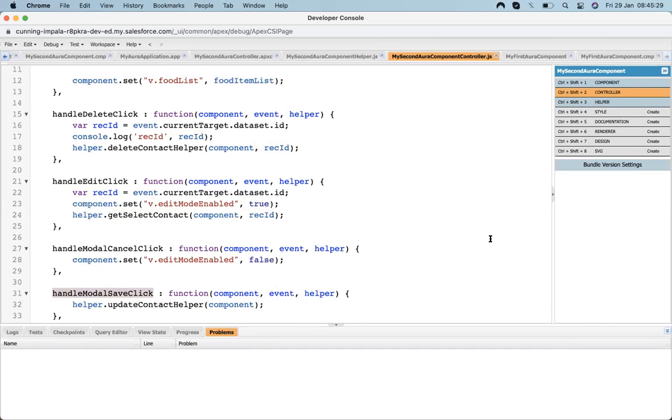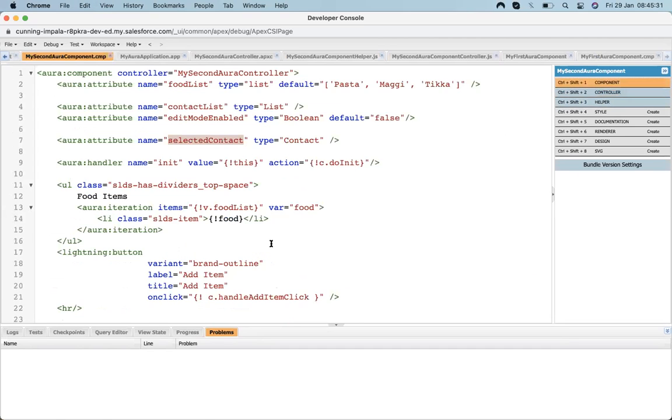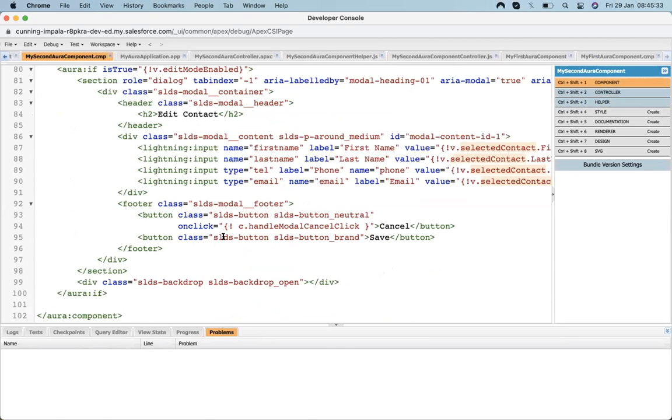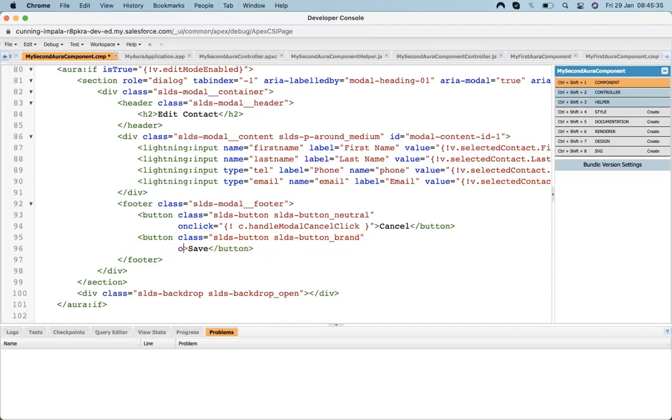Now I need to bind this method. So let's bind this method to our button here. Click equal to c dot, bind. Okay, I bound this method.